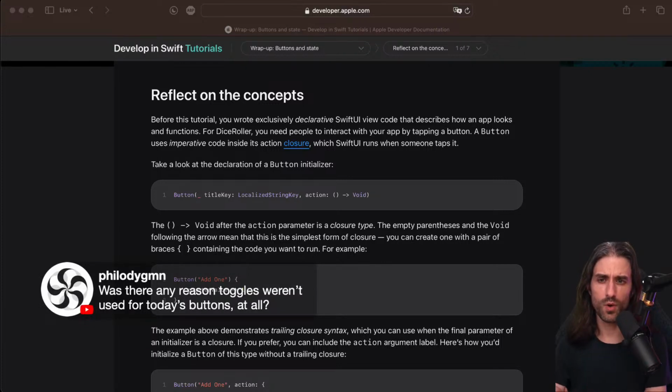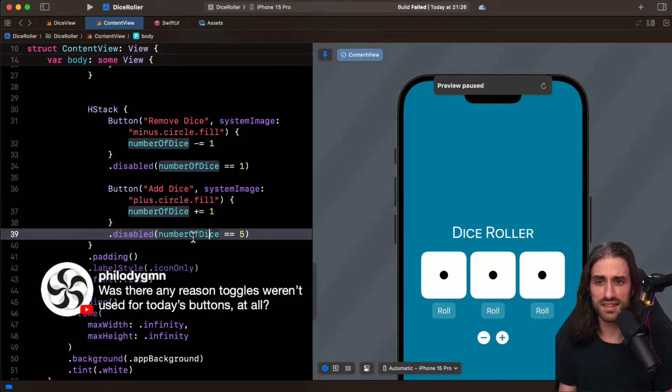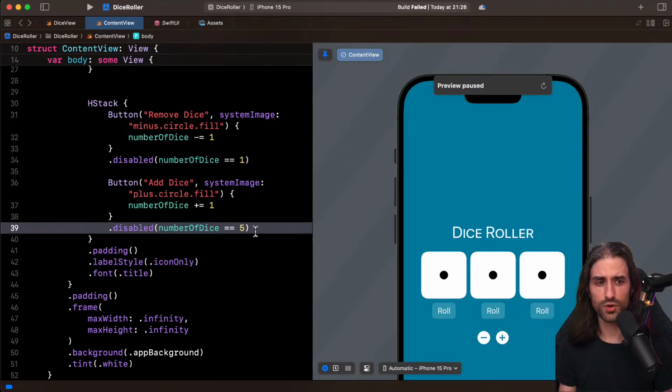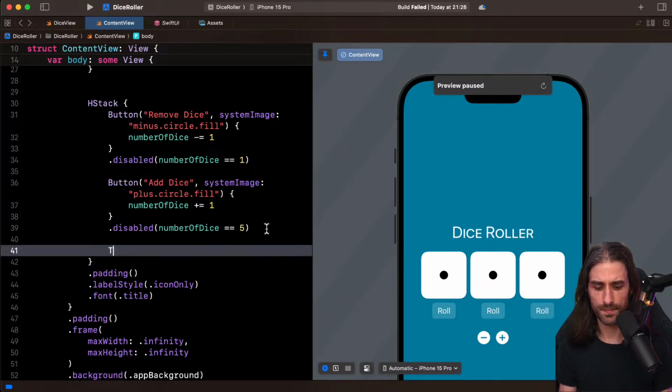Was there any reason why toggles weren't used for today's button at all? You mean toggles? What do they look like, toggles in SwiftUI? I'm not sure. I see the idea, but a toggle is when you want to switch from one state to another. So we have a toggle. What does it look like?